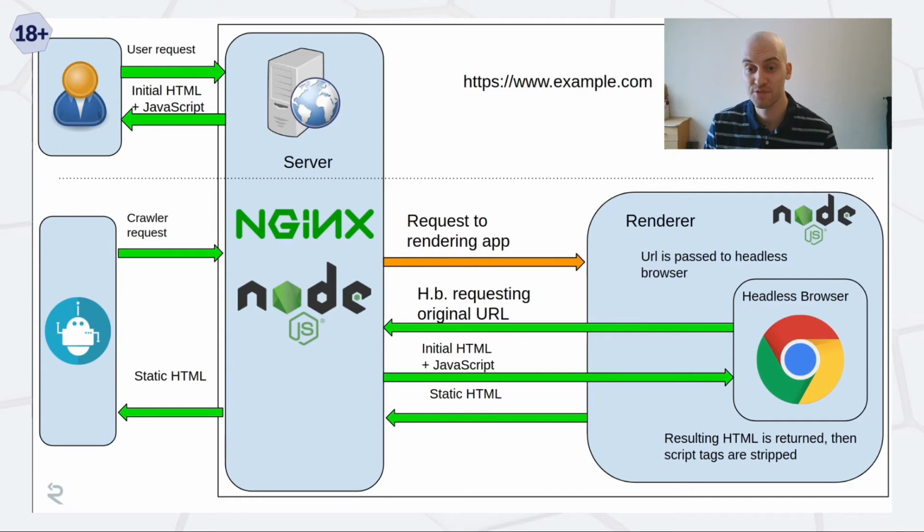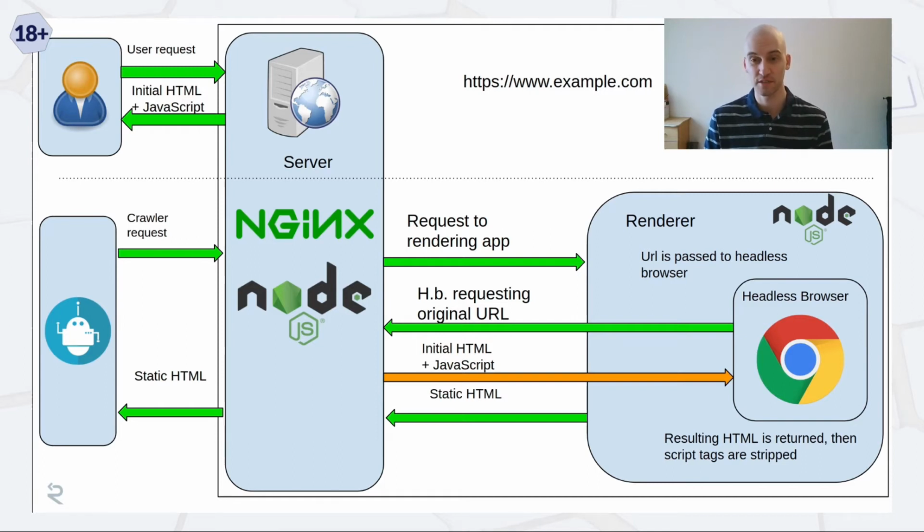And in turn, the rendering application now opens a headless browser and requests the original website, and gets what the user would get, the initial HTML and JavaScript. Then it all renders in the headless browser, and the result of this rendering is